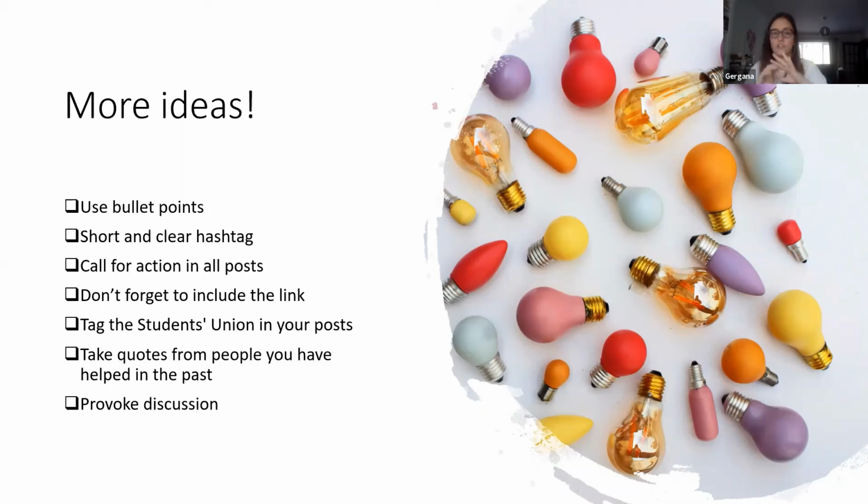Whether this is on the graphic that you have, like your poster or your social media posts, or whether this is when you talk to them, it should be easy to understand and very clear. And there should always be a call to action when you talk and when you write. What do I mean by that? Ask them to vote, like have active verbs, not passive ones. People should know what to do after they've spoken to you.